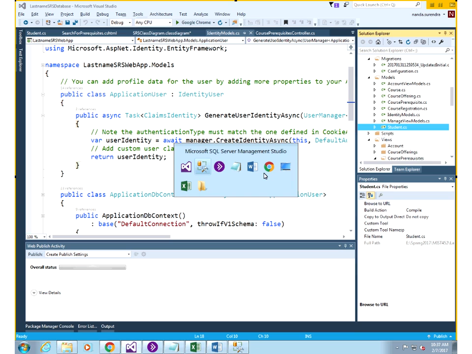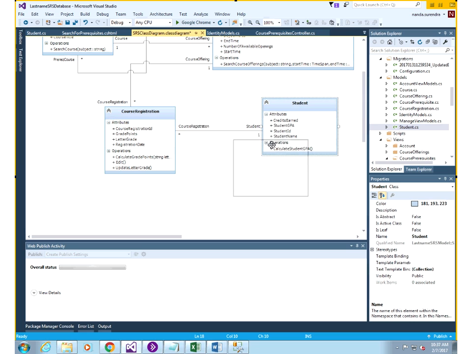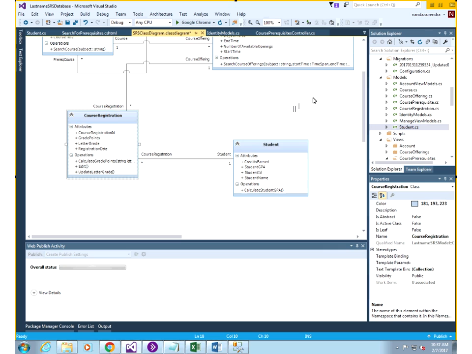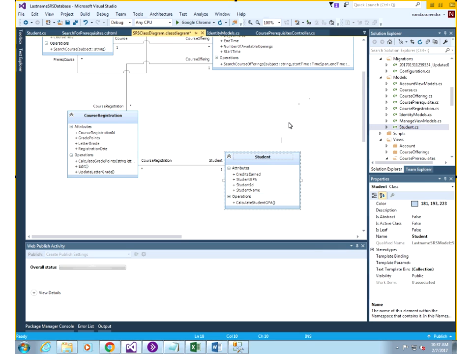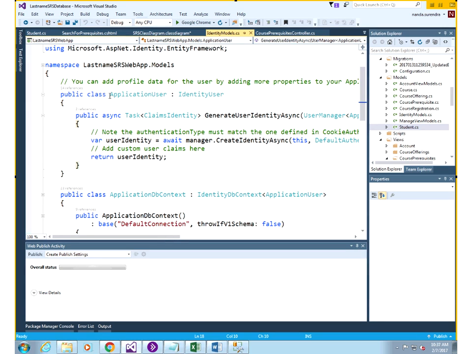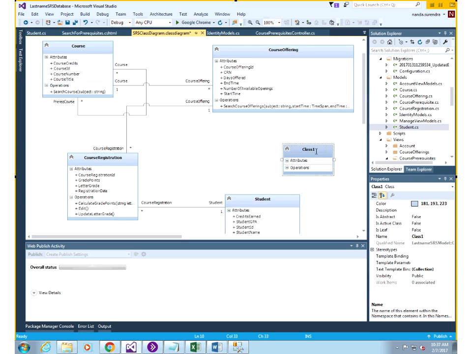So the issue is, if I go back to my class diagram now, so I have my student class, and this student class inherits from, if I look at it from the MVC model, what does student class inherit from? It's going to be application user. So I'm going to represent this in this class diagram by adding in a class called